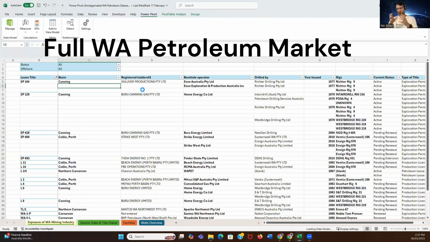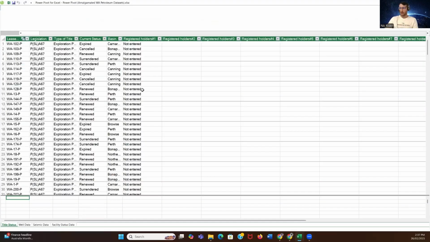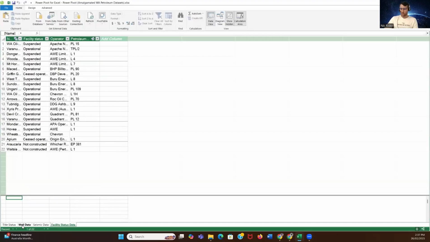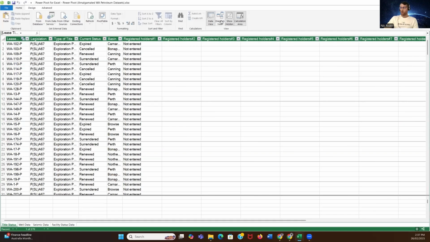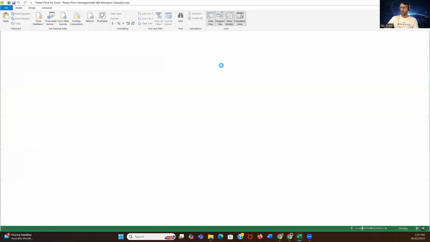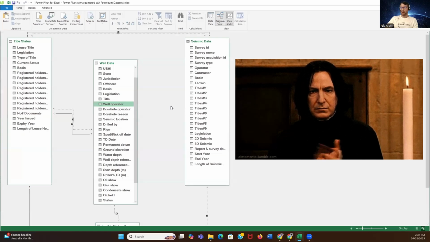I kind of went over this a little bit in episode 1 here. But basically, you can see I've got tidal status, well data, seismic data, and facility status data. And I have all my different data sets down here. They're all connected. So to view this, I go to diagram view. Okay, and we can see that I've got a little bit of a schema here with different variables connected within